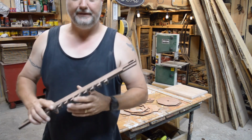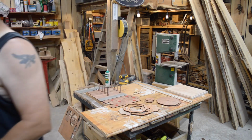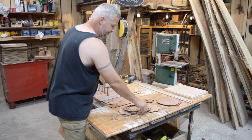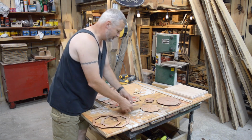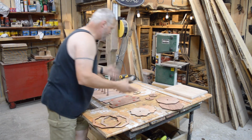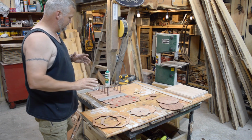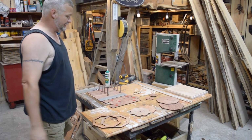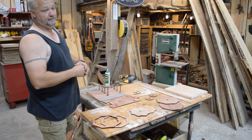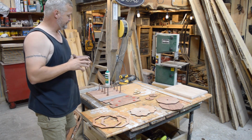So I got to put that back on there now that the laser's empty and doesn't have anything running, but we'll put that over to the side for now. But this is it, guys. I got a whole bunch of parts here, and all these parts that I've cut out will be going together to make a holder for displaying some of my work. I recently got a new customer, and I'm going to be putting some keychains and fridge magnets and stuff like that, some little tourist souvenir type stuff in